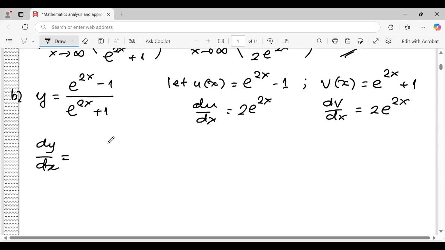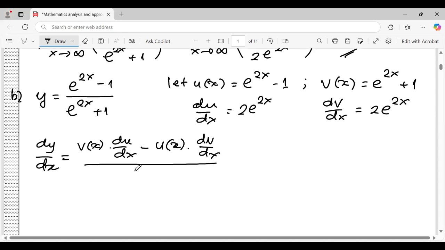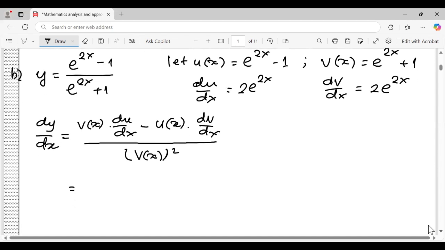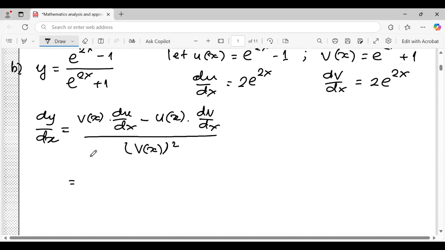We can get dy/dx through the quotient rule: v(x) times du/dx minus u(x) times dv/dx, over v(x) squared. After that, substitute this information: u(x), du/dx, v(x), and dv/dx. It is going to be